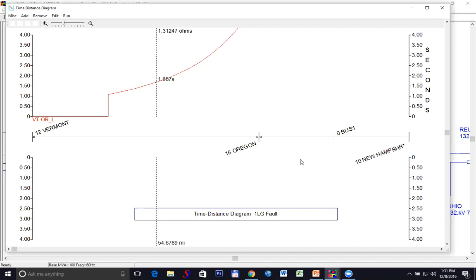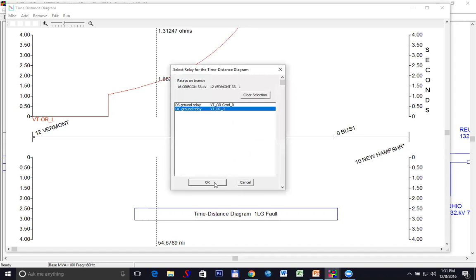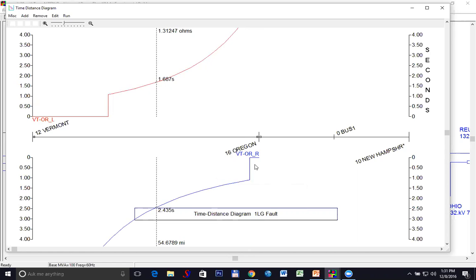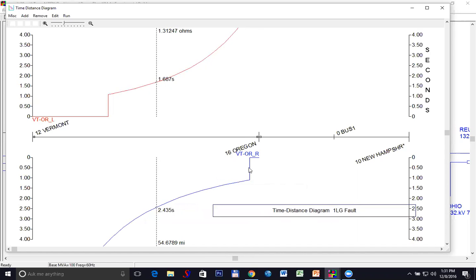So you say, well, it's all fine on the top of the picture, but what's down over here on the bottom? Well, the bottom is actually for relays looking at the opposite direction. So for example, I can double click here and select another ground relay. And when I show the time distance diagram again, you can see that this one goes downward.